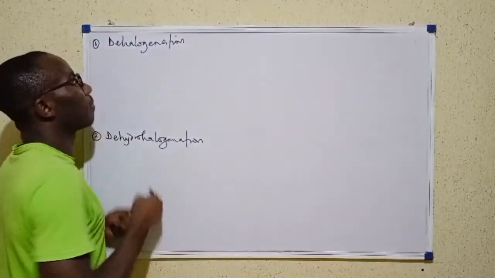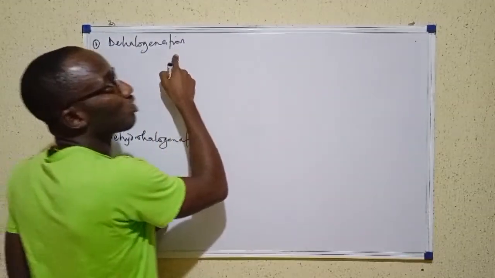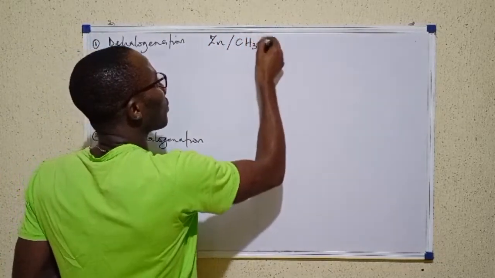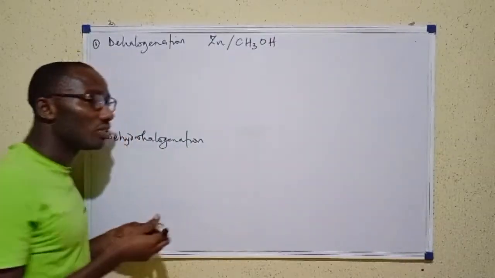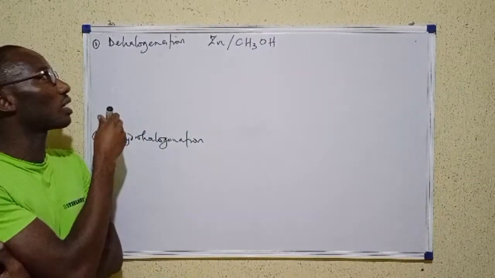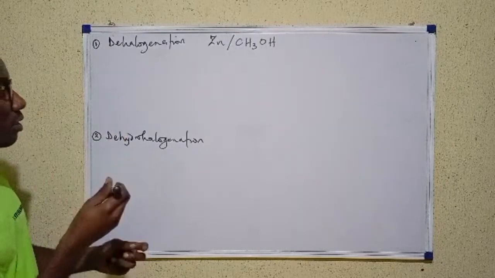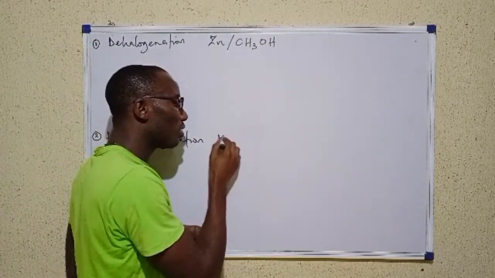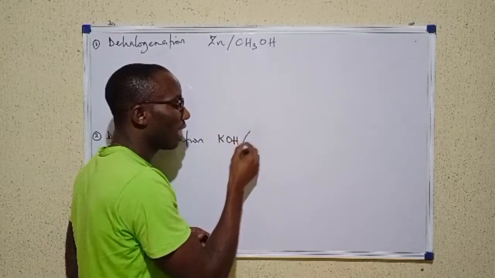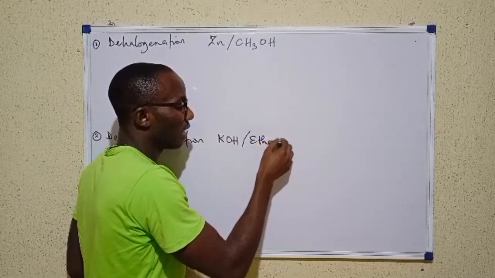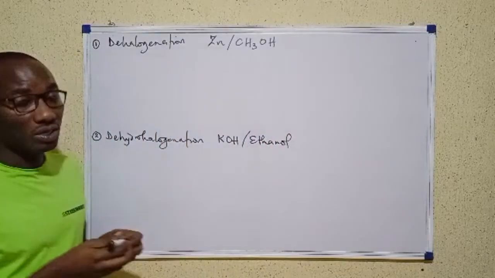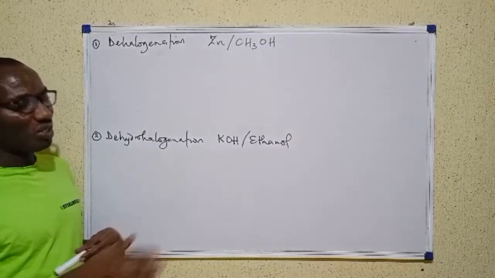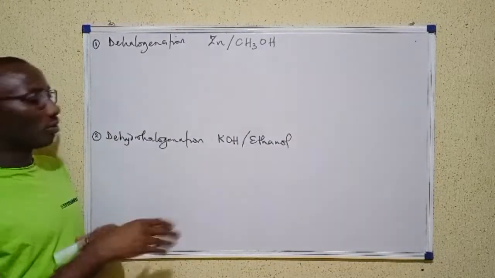So coming back here, dehalogenation can be achieved using zinc dust in methanol. So zinc dust in methanol is the reagent we commonly employ when we want to carry out dehalogenation. But for dehydrohalogenation, we use potassium hydroxide and ethanol. As a matter of fact, in the absence of potassium hydroxide, sodium hydroxide may also be used. So we just need a caustic alkali and ethanol to carry out